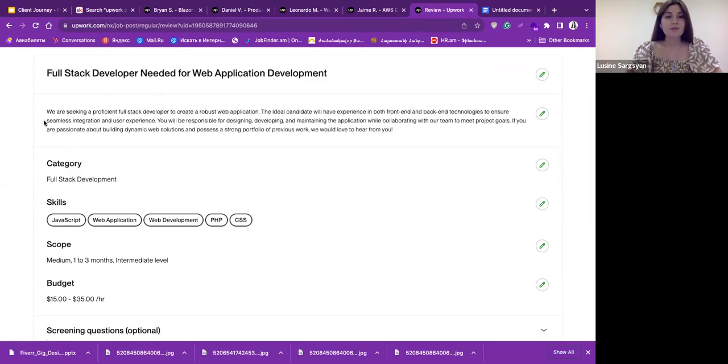We are seeking a proficient full stack developer to create a robust web application. The ideal candidate will have experience in both front-end and back-end technologies to ensure seamless integration and user experience. You'll be responsible for designing, developing, and maintaining the application while collaborating with our team to meet project goals. So I don't want to read till the end, but what we see here is, of course, when you try